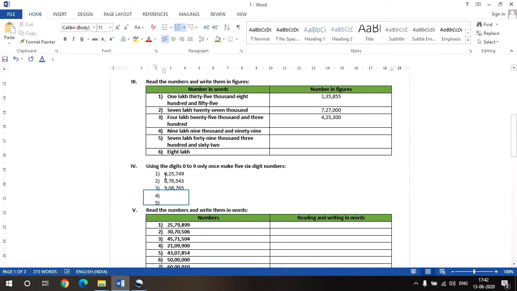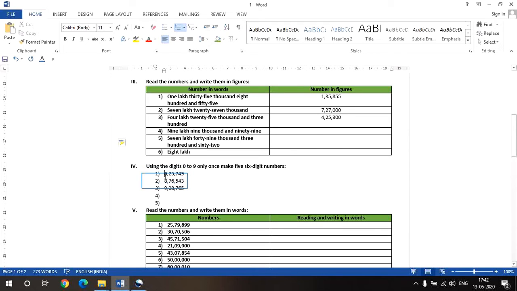Okay. Now here I have written 3 numbers. And what you can do is that you can write the same numbers for your answer, and 4 and 5 you can write by yourself, or you can write all 5 numbers of your choice. Okay. You can go for first 3 numbers which I have written and then write the remaining 2 of your choice, or you can write all 5 numbers that is of your choice.